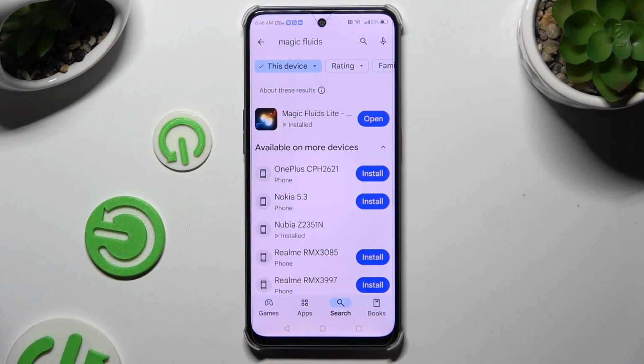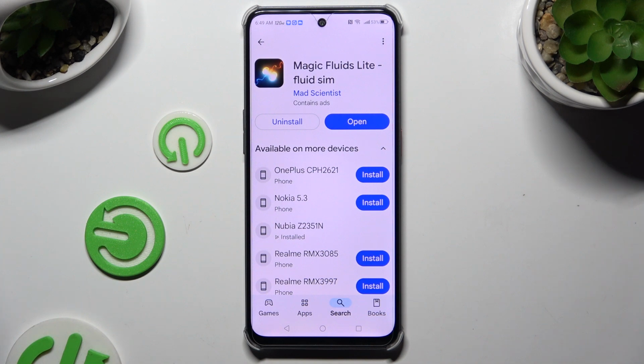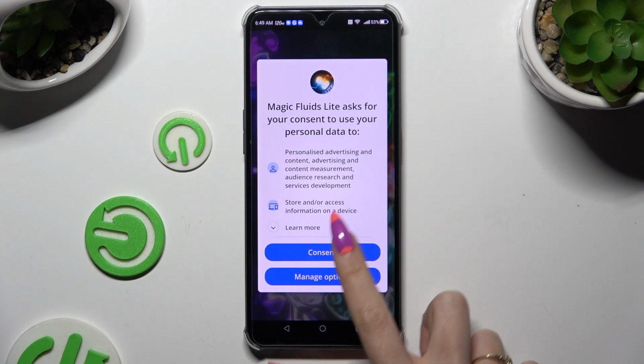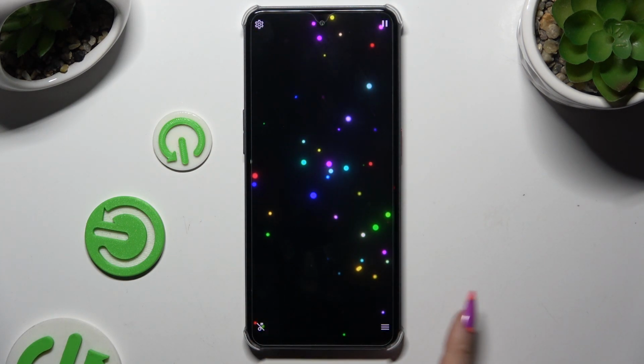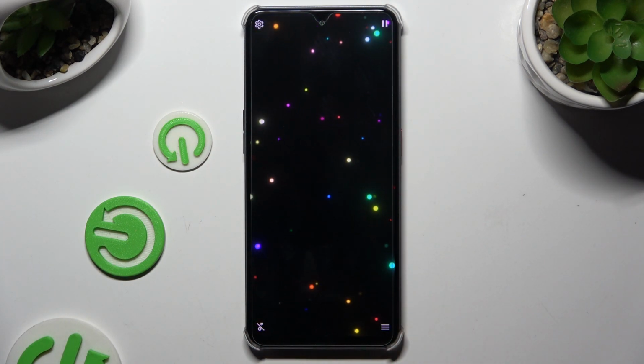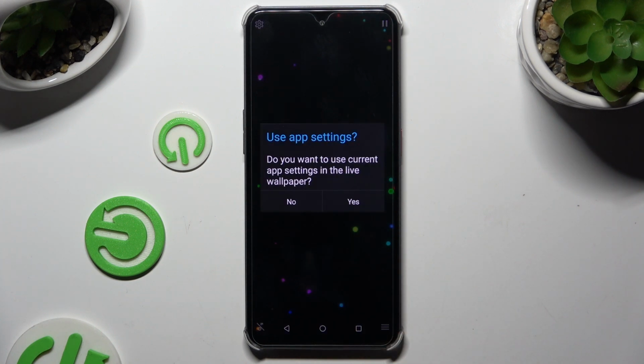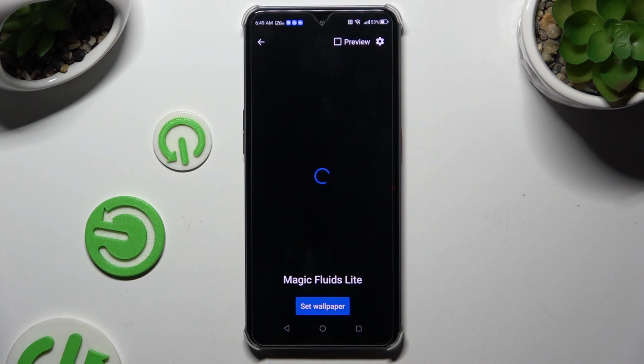Mad Scientist Developer. When your app is ready, you need to launch it, and to mute the music, hit consent and then tap on the note icon at the bottom left corner. Then tap on those three lines at the bottom right one, select Set as Live Wallpaper, hit Yes, and tap